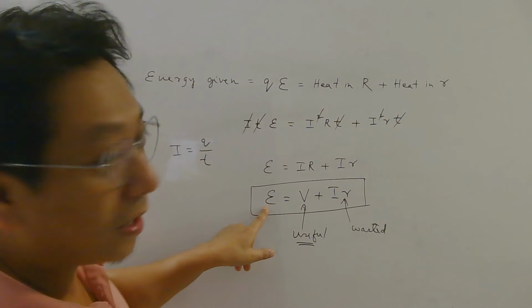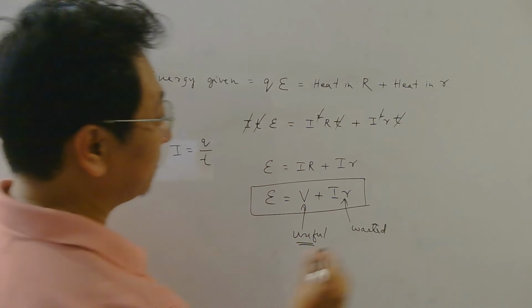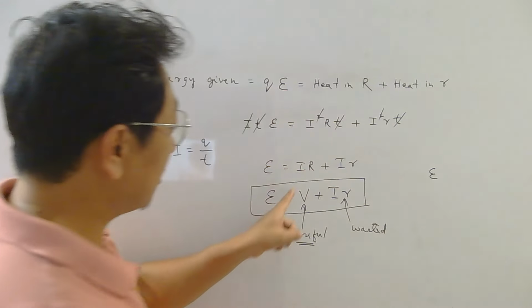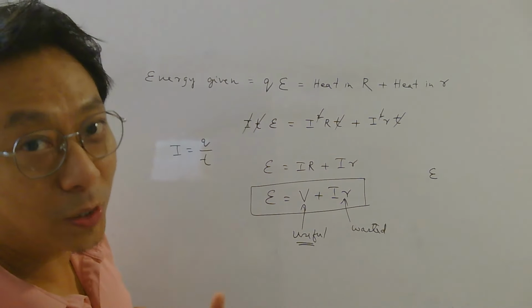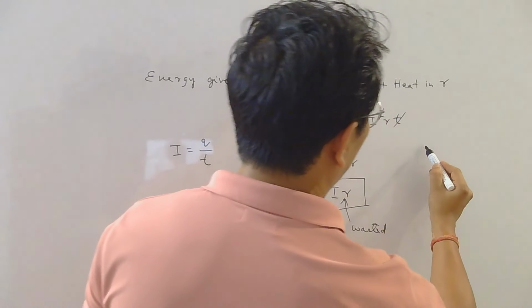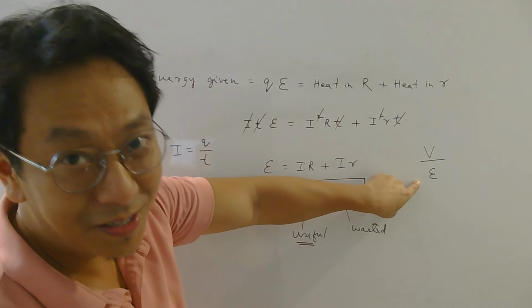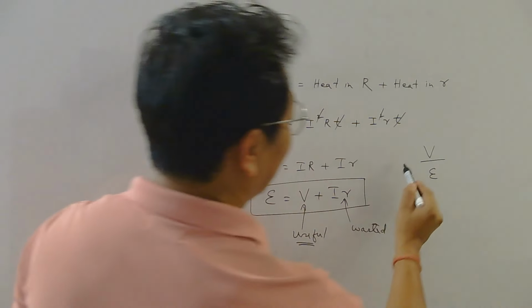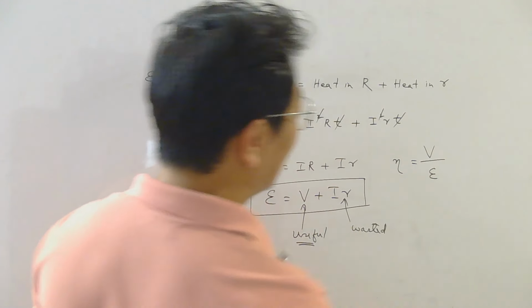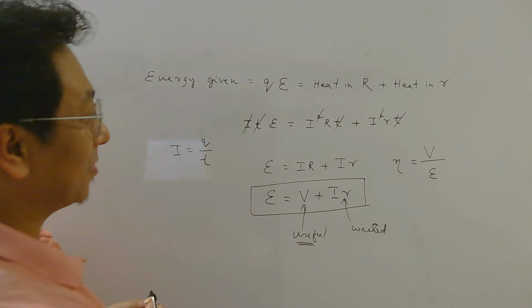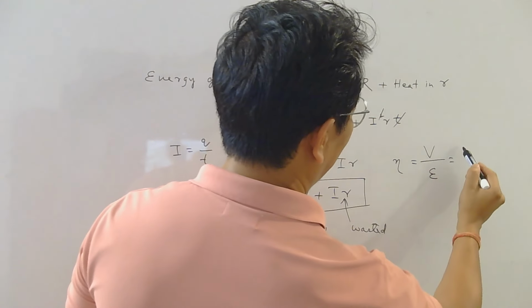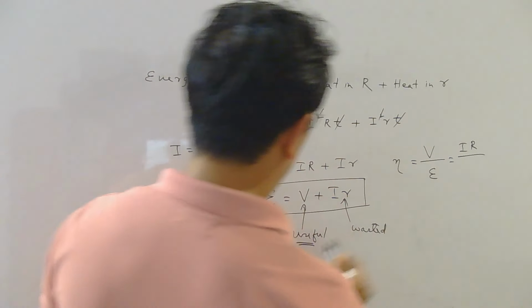So this is the energy given per coulomb, whereas this much is the energy which is actually useful per coulomb. If you divide these two, energy useful divided by energy given by the cell, that is what is called the efficiency of the cell. So in this example, I can write V as I into R, and E can be written from this equation,